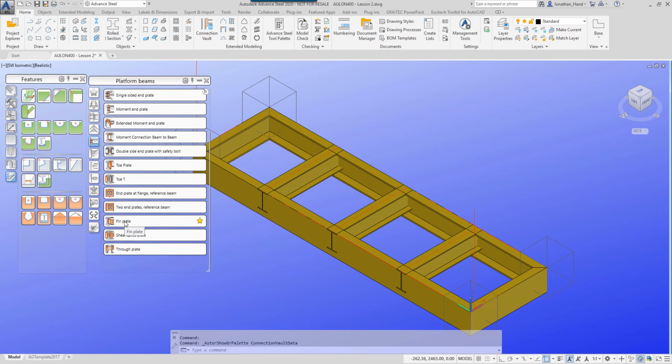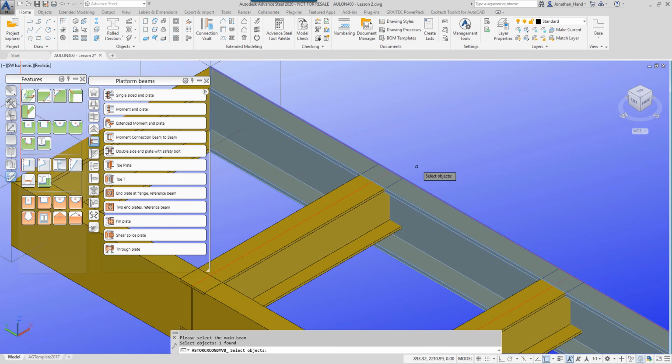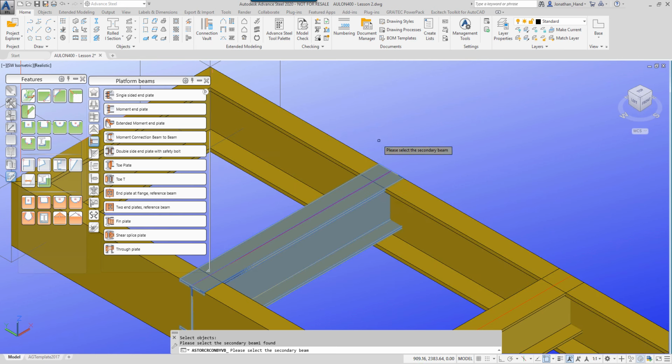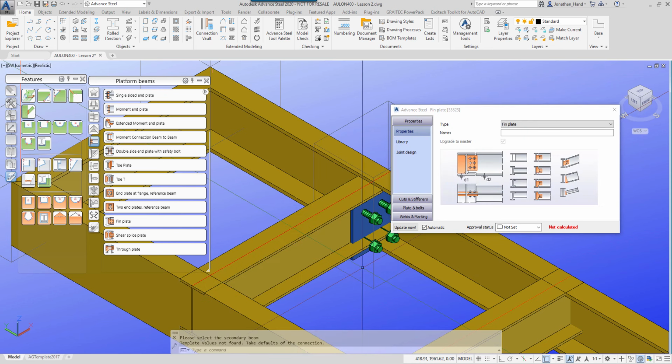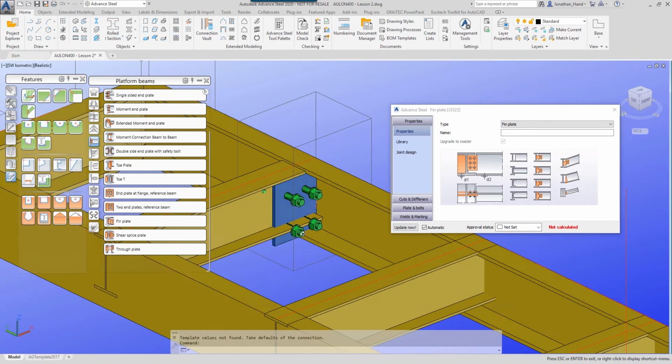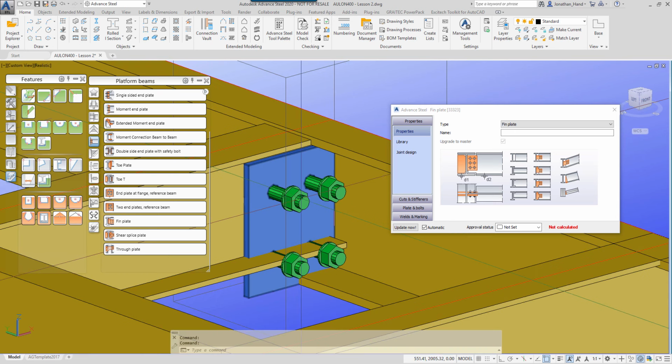So I'm going to select the fin plate, and I'm just going to zoom in, select my bearing member first. So it's a left click to select, right click to confirm, and then the supporting member. So it's a left click and then a right click to confirm, and that will then add that connection in. So it may not put the greatest connection in to start. You can see that mine doesn't look particularly great, and it will all be to do with the position of